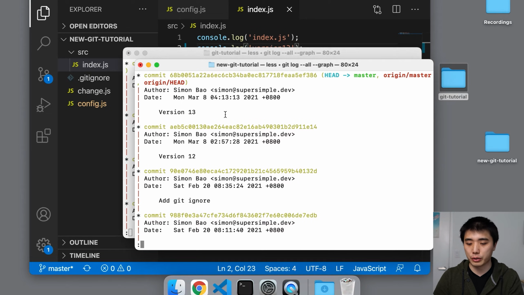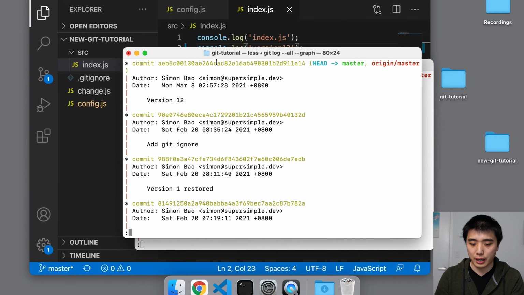So now we're going to learn how to sync these changes back to our old repository. First, let's check our old repository in the command line. If you still have this command line window open, you'll notice that it's running inside the folder that contains our old repository. If you closed this window previously, you can reopen your command line and then remember to change directory back into this folder.